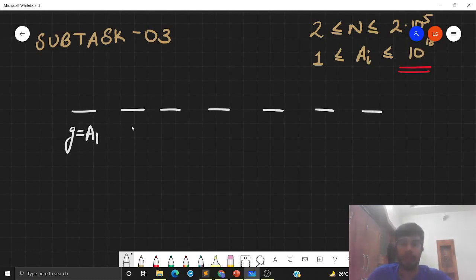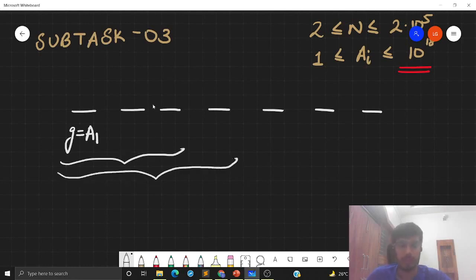Now suppose I'm calculating the GCD of the prefixes of this array. For the next element, the GCD will either remain A1 or get decreased. So we will have some G2, then G3, G4, and so on up to Gn.